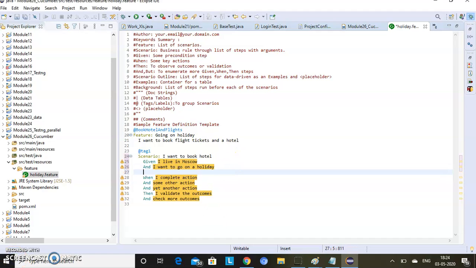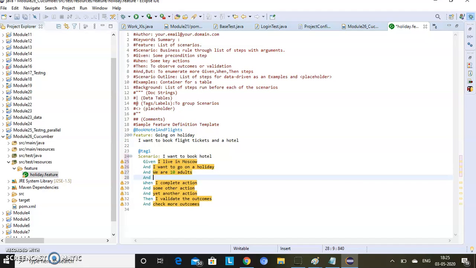We can also have multiple and conditions, like and we are 10 adults, and we want to book from 10th Jan 2019 to 20th Jan 2019. So there can be multiple and conditions.